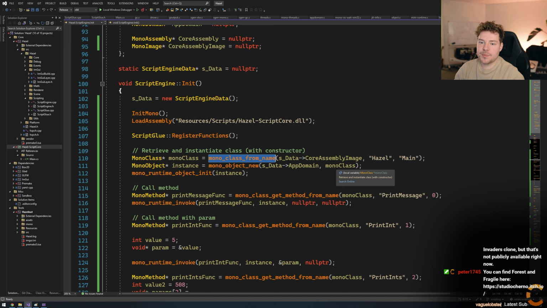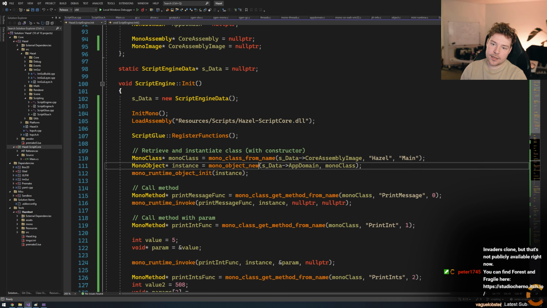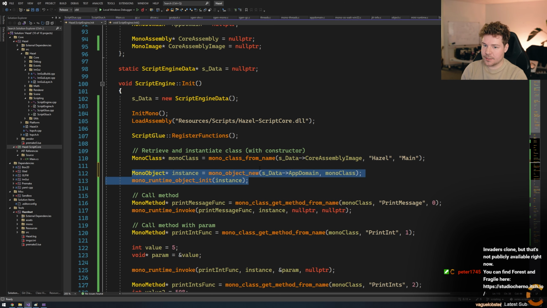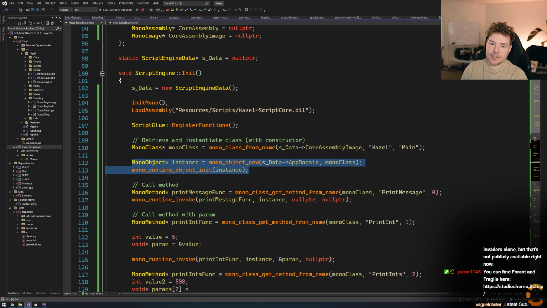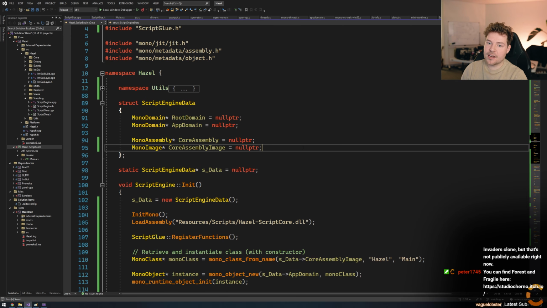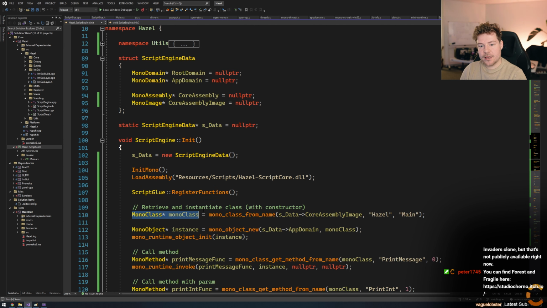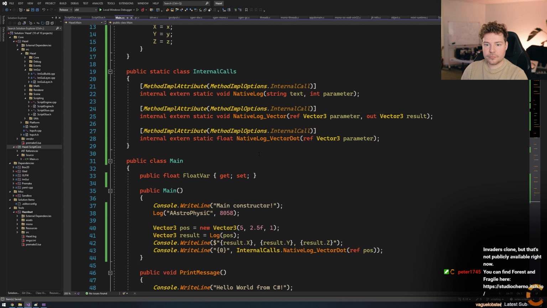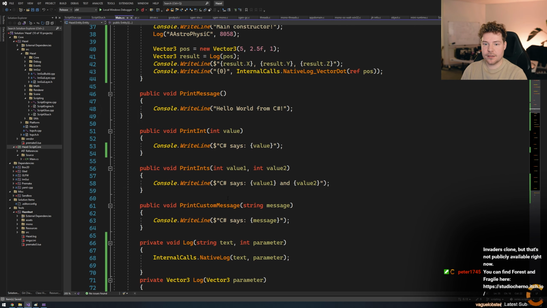So we can just be like, you know what class is going to be really important to instantiate continuously every time we create a new entity, which is probably going to be very often during the runtime of a game. This one. So we can retrieve this stuff ahead of time, have this mono class pointer, and then every time we want to instantiate an entity, we just call this. So I think for now, because we're keeping things simple, I want to set it up that way. So I'll say, basically, let's rename main to entity so that it really is an example of an entity.